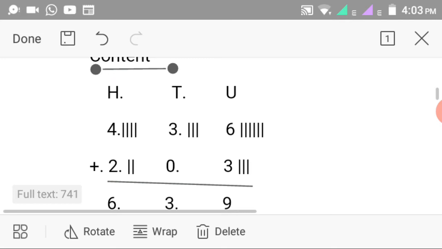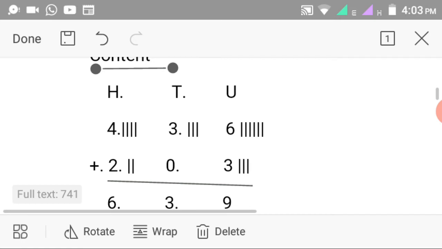Then your tens. Anything that is in 10 stands for tens, and our tens is represented by letter T. Then any number between 0 and 9, that is less than 10, we give it units, and our letter U stands for units. Our H stands for 100, our letter T stands for tens, and our letter U stands for units.